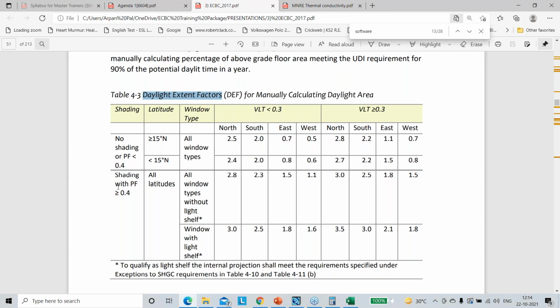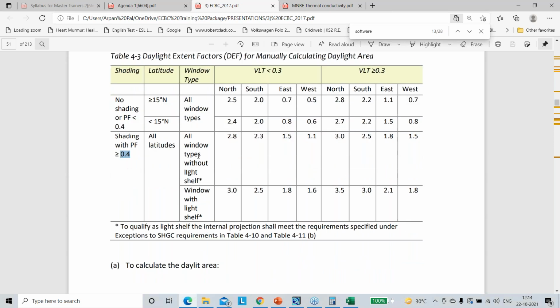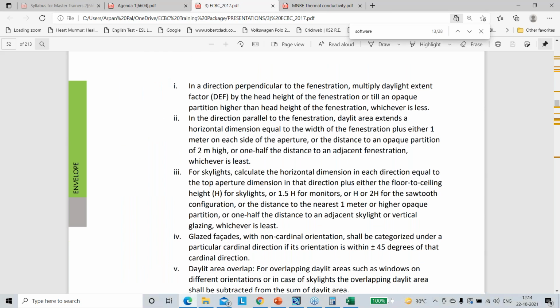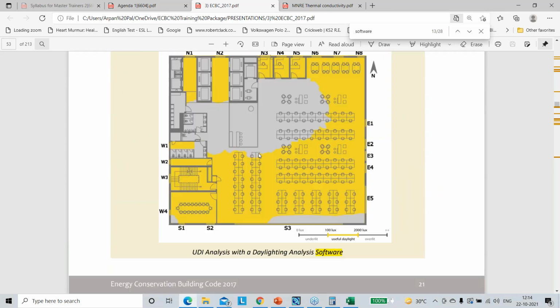Say if you have a shading and your projection factor is higher than 0.4, then windows without light shelf, and if you have a north facing window that has a VLT above 0.3, then your daylight extension factor is 3, right? Just like that, you have to determine your daylight extension factors for all the directions and all windows, and then based on that,